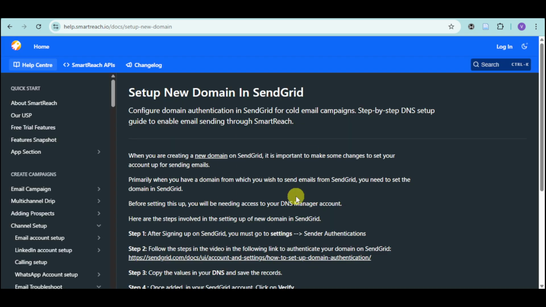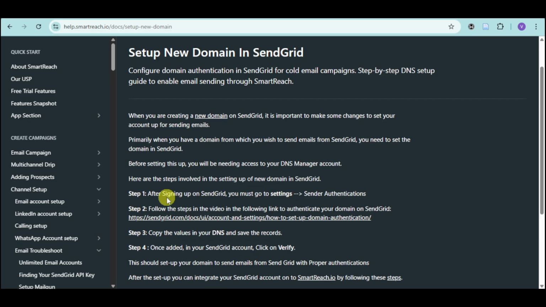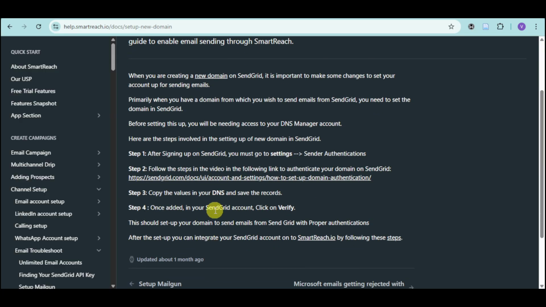You can just set up a new domain first, go over here to your settings and choose standard authentication. Follow the steps and then from in there just input the domain authentication and add your domain, verifying your DNS. Copy the values from SendGrid into your DNS provider, for example GoDaddy, and save the records. Once added on your SendGrid account, click on verify